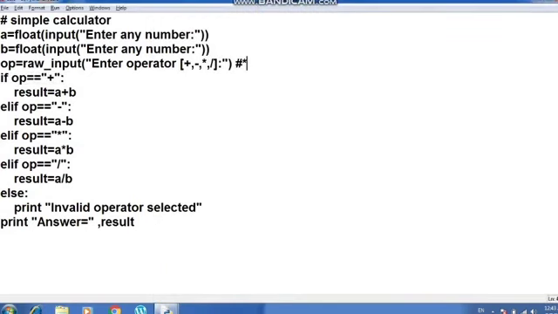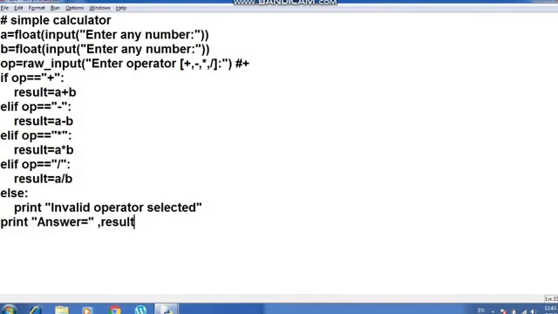When I entered the plus sign, it will be matched with this plus symbol, and this condition will be fulfilled and the operation will be performed, which is the plus operation. Okay, so the numbers will be added and then it will jump to the print answer result part and it will give you the answer.